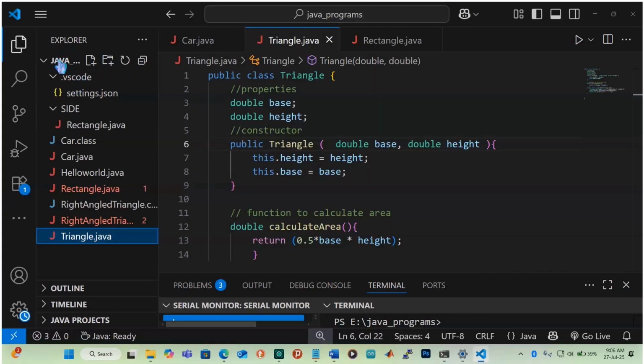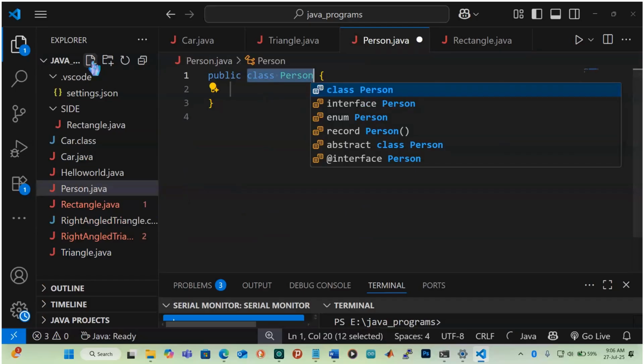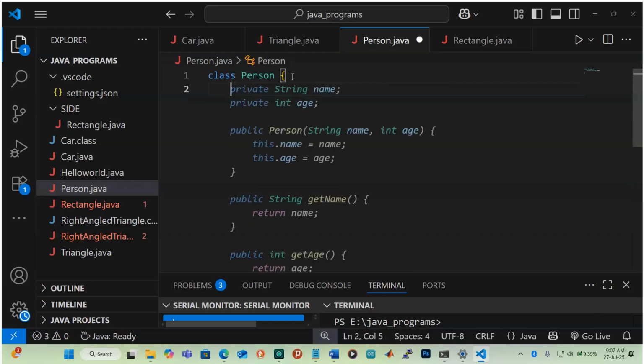So we shall come here in Java programs, and then what we are going to create is a new file which is named Person, because Person is the class that we have been told to create. So we shall call it .java because it's a Java program. So we are going to create a class Person, and then inside here we are going to create